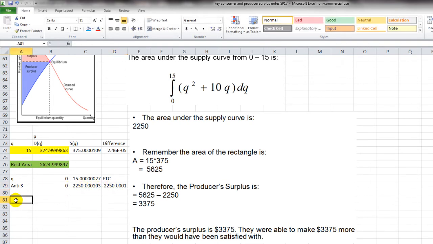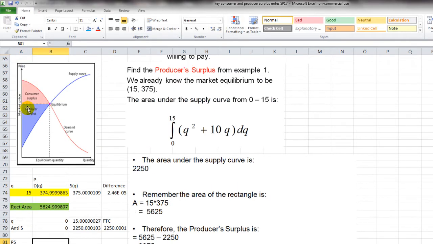All right, now producer surplus is the area above the supply curve, see that, but below the rectangle. So this rectangle area is bigger than this producer surplus area. We're going to find the area of the rectangle, and then we're going to subtract out the producer surplus to